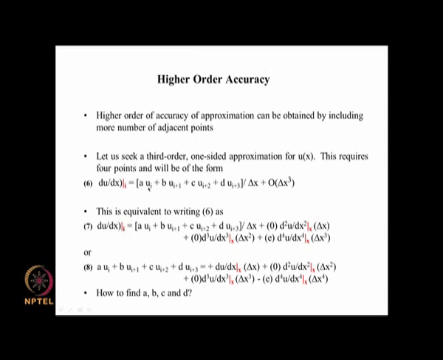That is, we seek an approximation for dou u by dou x at I in the form of a ui plus b ui plus 1 plus c ui plus 2 plus d ui plus 3 divided by delta x plus terms of the order of delta x cubed. This makes it a third order accurate approximation. Now,